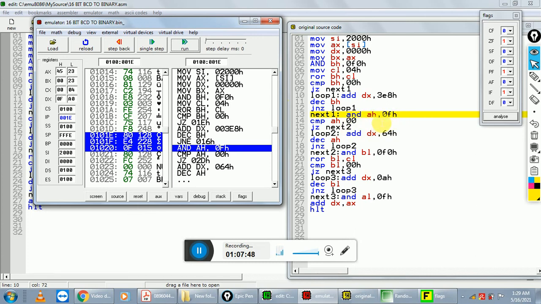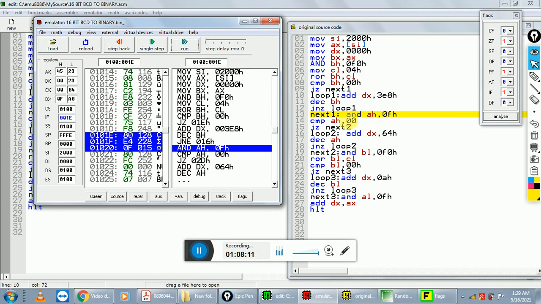So this is the AH content. AH content is 45. In 45 we extract 5 from the unit place. So here we mask the MSB. For masking the MSB we use AND AH, 0F.